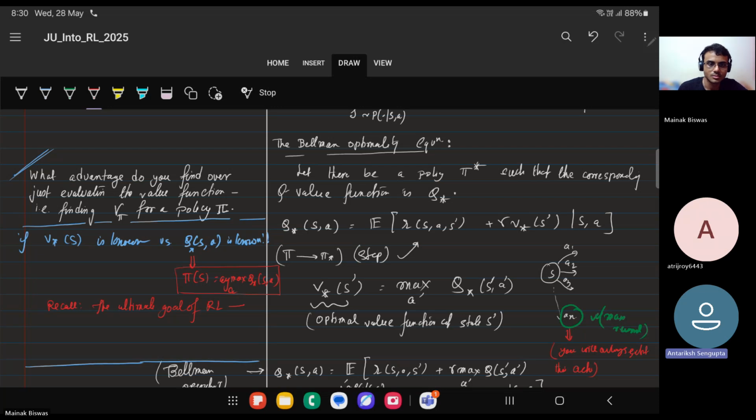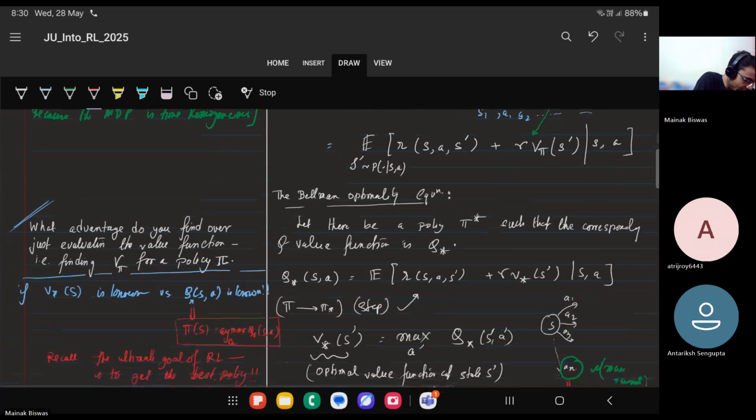To maximize long-term reward. That is true. But what is the goal? Is it control, right? To get the best policy, isn't it? Yes. Like in V star of S, we don't know which is the optimal action, but here we get the additional information about which is the optimal action. Correct. So therefore you see V star of S